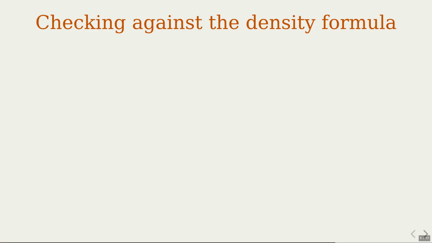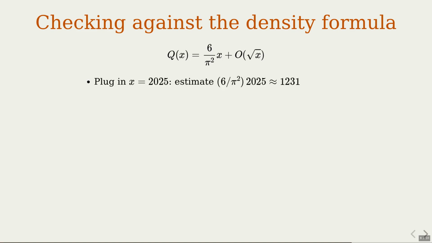Let us step back and compare our exact answer with the theoretical prediction. This is where the 6 over pi squared density and the big O of square root x error term come in, right? The general result says that Q of x is roughly 6 over pi squared times x, with an error that is at most a constant times the square root of x. If we multiply 2025 by 6 over pi squared, we get an estimate of about 1,231 squarefree numbers. Our direct computation gave Q of 2025 equal to 1,230, which is just one less than that